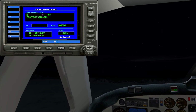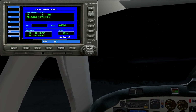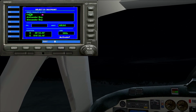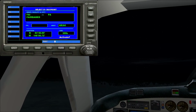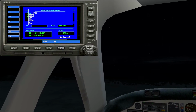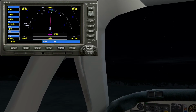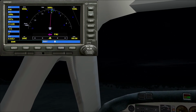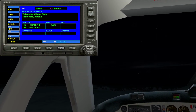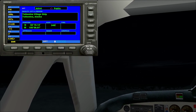I haven't tried it myself actually, but I've seen a lot of videos of people flying in Pilot Edge, and the creator of Pilot Edge, Keith Smith, has a lot of nice videos about air traffic control and different kinds of airspaces, so that's been keeping me interested, and eventually I'll give that a go. But for now I'm taking a bit of a break from flight sims to focus on school and